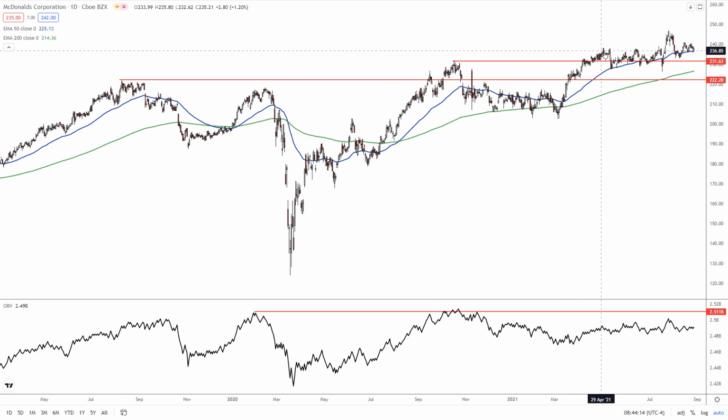It came back up to the prior high, broke out and sort of wiggled right through this prior high all the way into July, when it took off ahead of earnings, coming up to an all-time high near 250. Now the earnings, even though they were strong, produced a sell-the-news reaction, dropping the stock back to this 50-day moving average. As you can see, this 50-day moving average has been tested over and over again. It is still rising, just like the 200-day moving average, so it is still in an uptrend, but